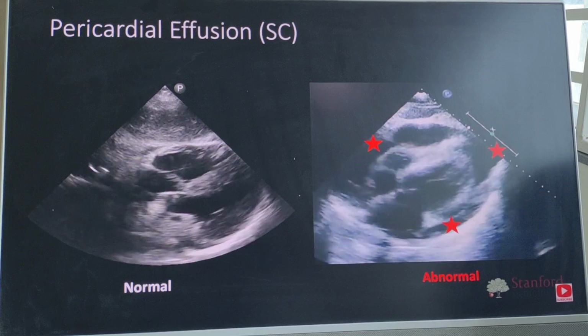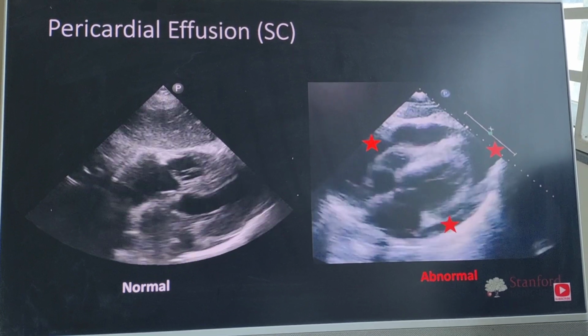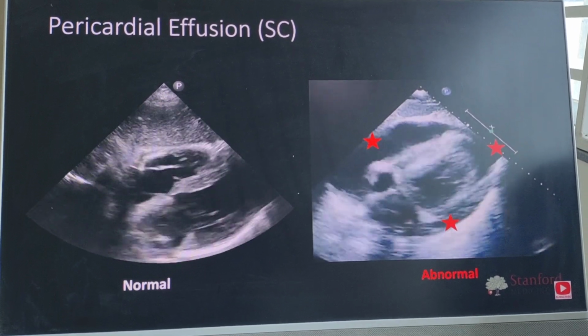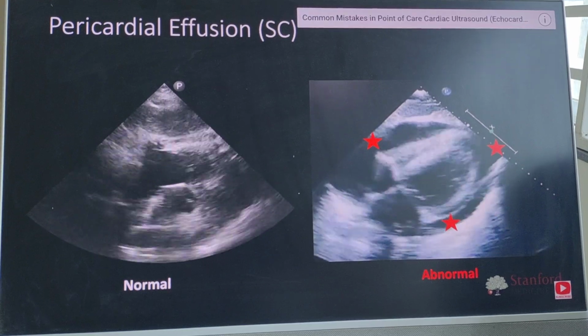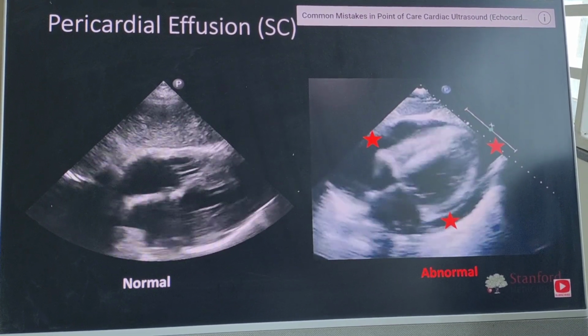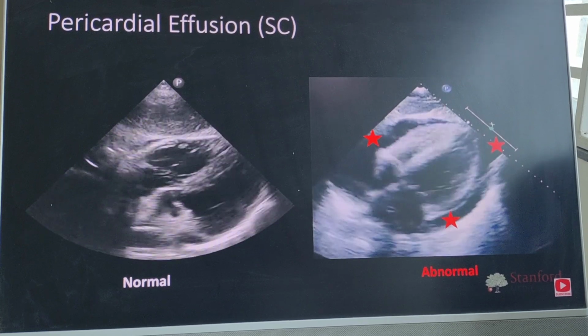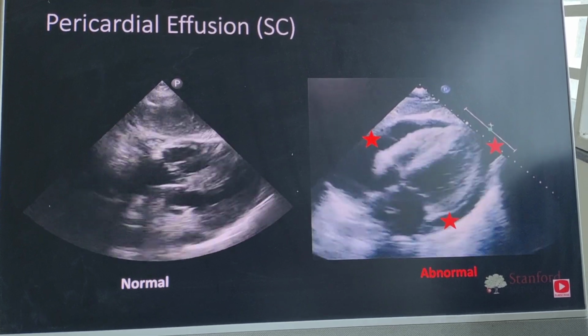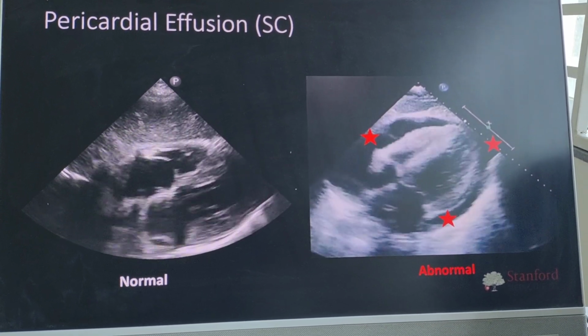You may hear about assessments of right atrial collapse and right ventricular collapse. These are things that are a little bit more advanced, and generally the assessment of pericardial tamponade or hemodynamic compromise is beyond the scope of POCUS. You should just incorporate POCUS into your clinical exam before determining if an